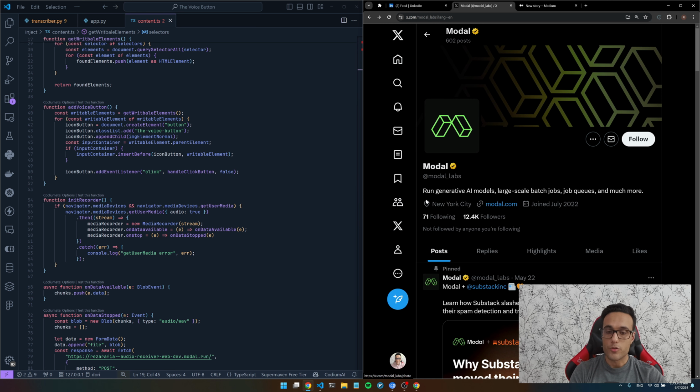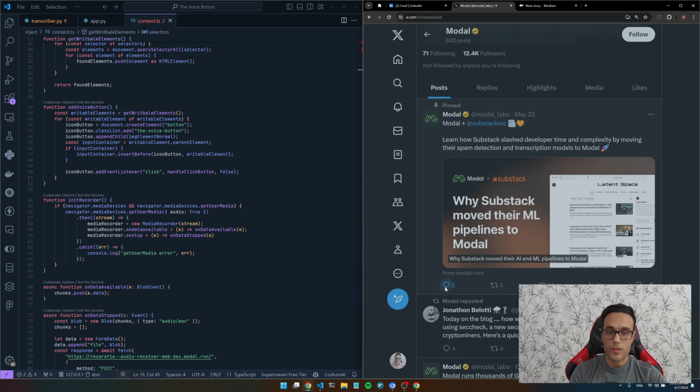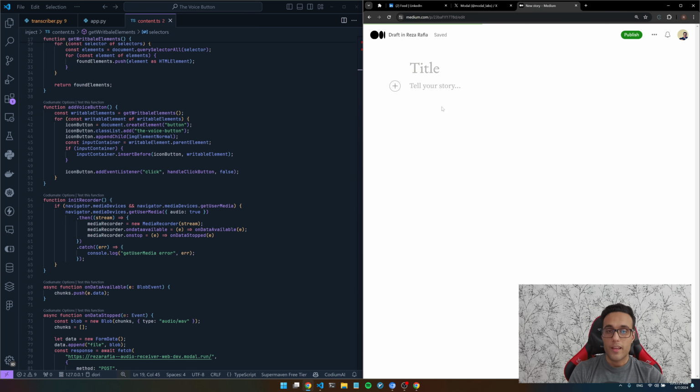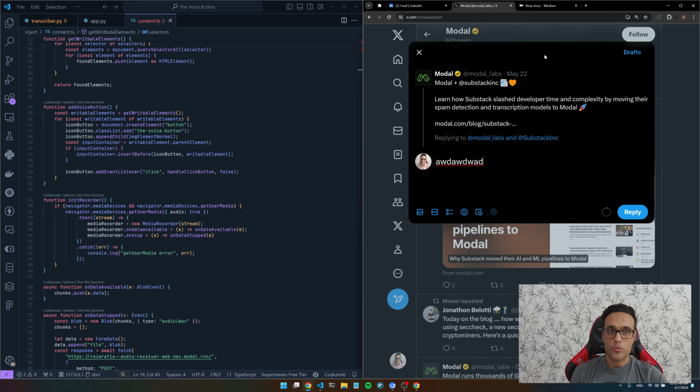Also, in Twitter, when you want to write a new tweet here, or for instance, you want to write a comment, we should be able to see this audio button as well. And also in Medium, when you want to write a new post, it would be very helpful if we can add the button here. So in the next video, I'm gonna try to add the button into LinkedIn, Twitter, and